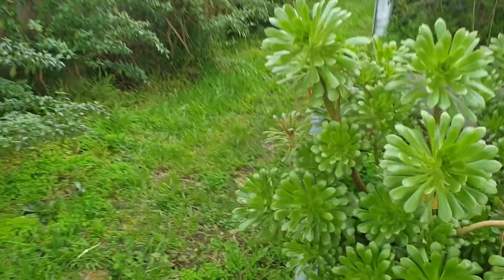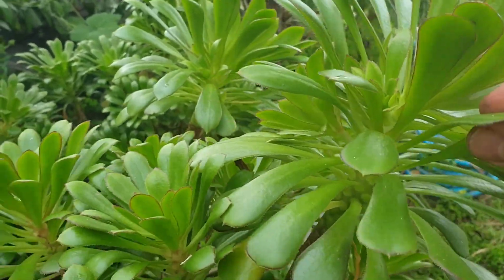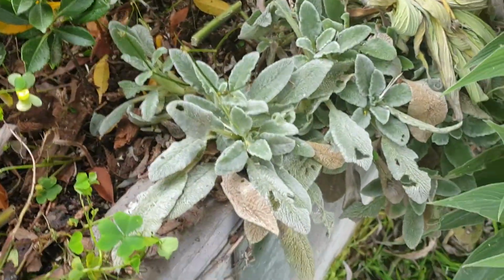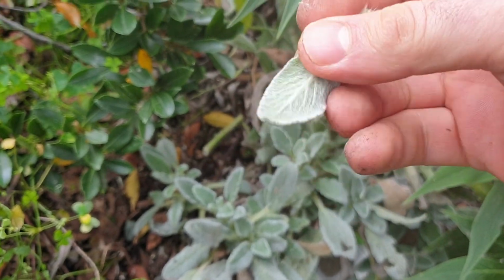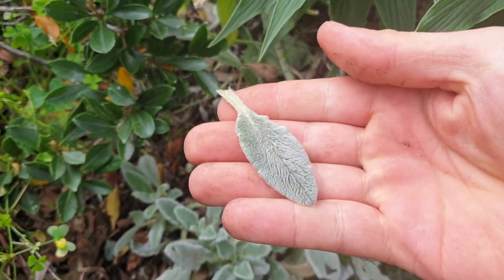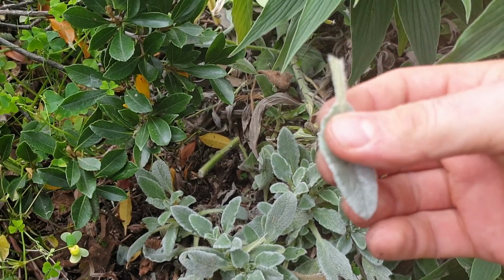While I'm talking about plants, here's another one that's got these thick fleshy leaves, and you can just tell that that is a really drought tolerant plant. The way that plants might conserve water is through having little hairs on them. This is called a lamb's ear because it's got these little hairs, and it looks kind of soft and it feels really nice, like a lamb's ear. But this white fur helps to keep the plant cool, keep the sun off it, and it helps to stop that plant from losing a lot of moisture